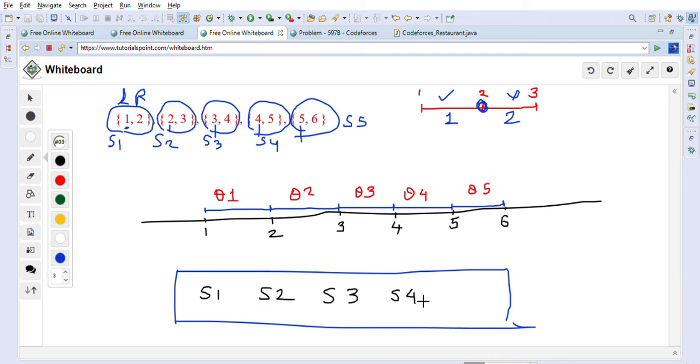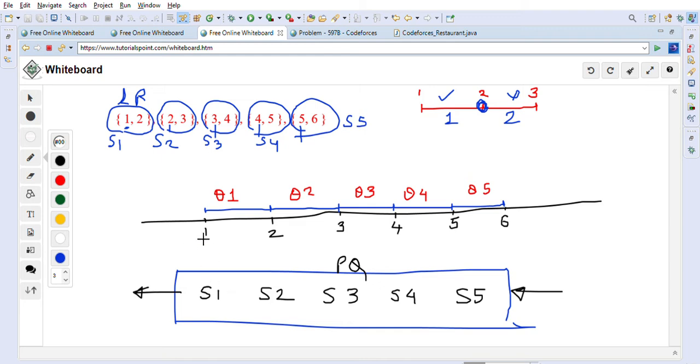This is the order the priority queue will maintain because we are sorting based on the left values. So the minimum left value is the top of the priority queue. This is the front of the priority queue and this is the back. This is the PQ, a priority queue. So we will create these objects and put them in the priority queue,